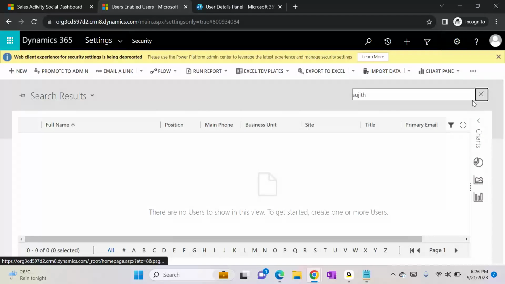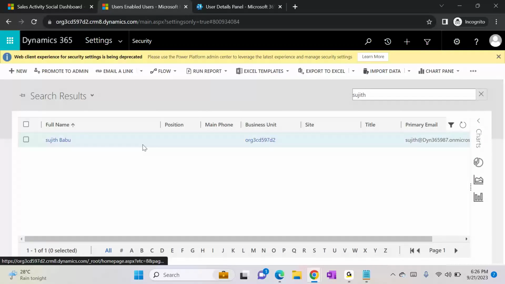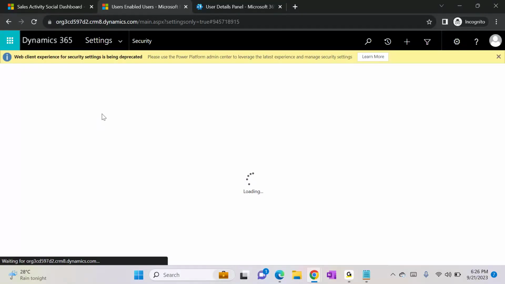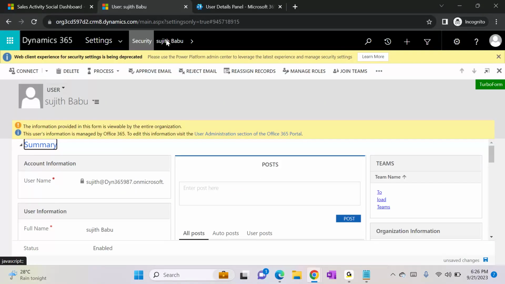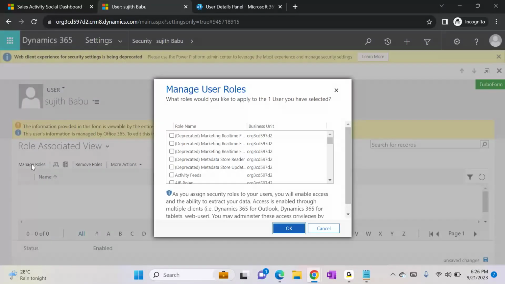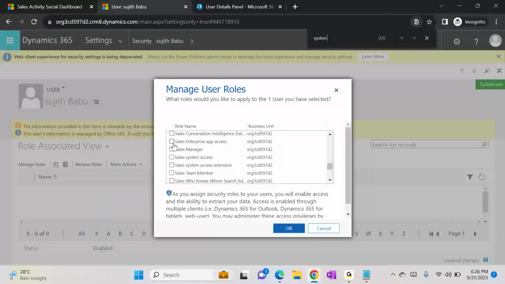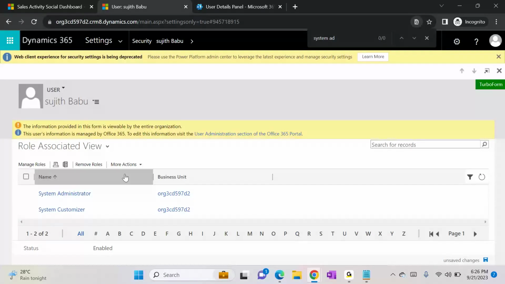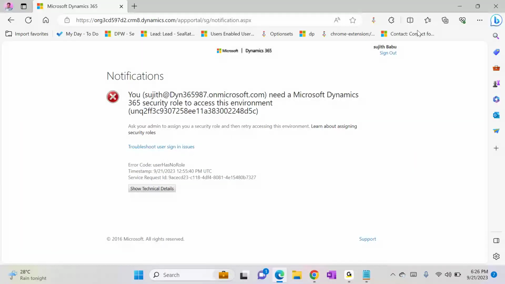In the users, if I refresh, Sujit is now available. I'll just open this user and go to security roles, manage roles. So we have all these roles. Just give system admin. We will discuss this in the future classes. System administrator, system customizer. Now I have provided access to Sujit by giving the security role. Now if I go back and refresh,